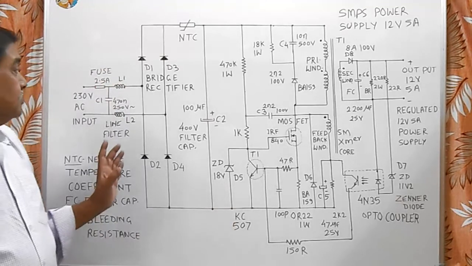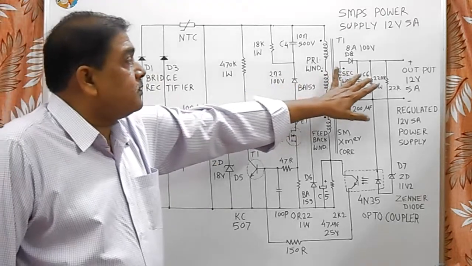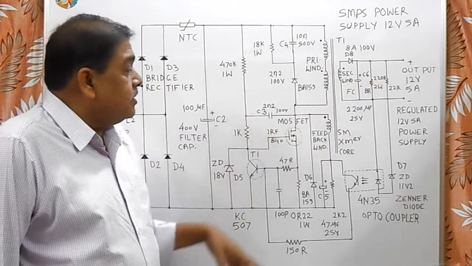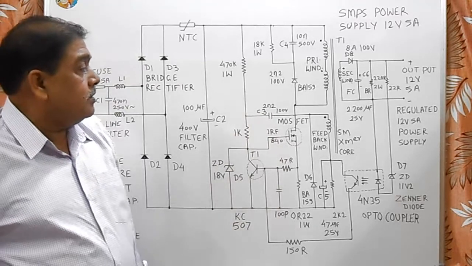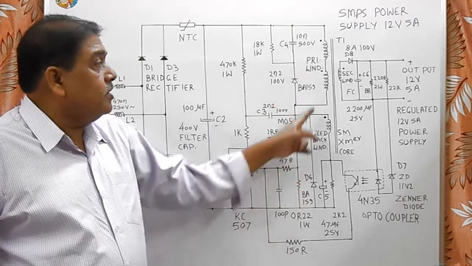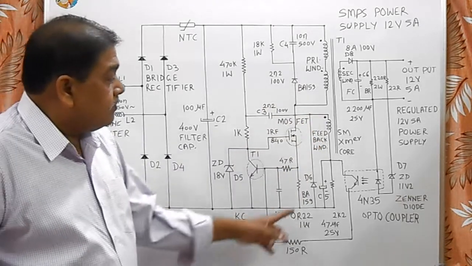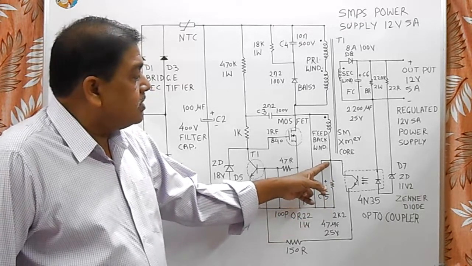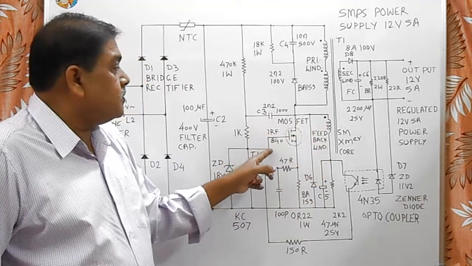This part is basically the rectification circuit. This is the oscillation circuit. This is the final rectification circuit, secondary side, and this is the feedback winding. The working of this circuit is totally dependent upon the high voltage, high frequency oscillation of this circuit. So this feedback winding is very important, and here this diode, this capacitor and this resistance make some DC voltage at this point. It will provide the DC biasing to this MOSFET.